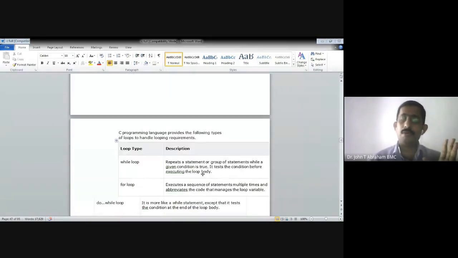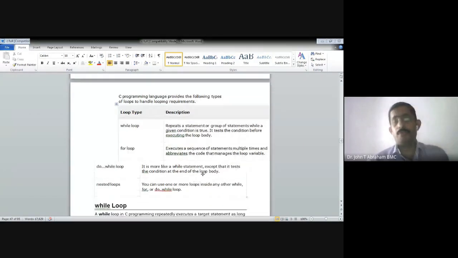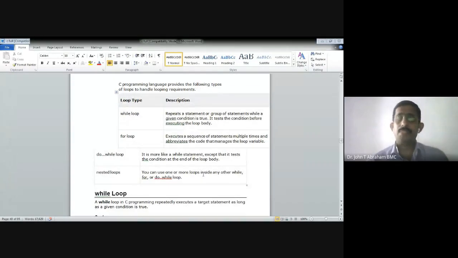Actually, C supports various types of loops: the while loop, for loop, do while loop, and nested loops. These are the various types of loops in the C language. While loop means repeating a statement or group of statements while the condition is true.